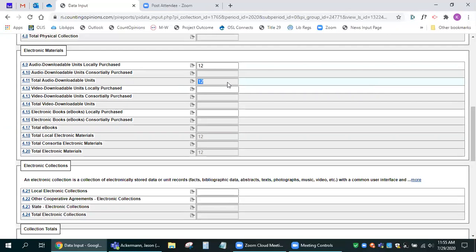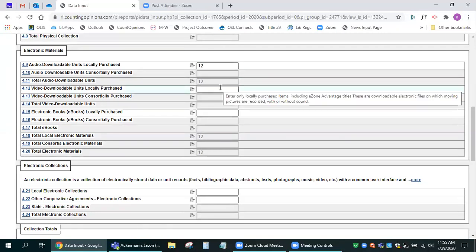Now, calculated fields are also locked. You cannot click in them. If this were your account, you would have a value already pre-filled for 4.10, and so 4.11 would be much larger. So that is how calculated fields work.